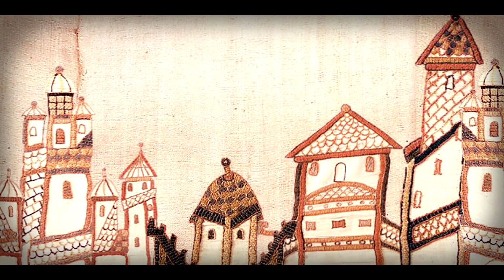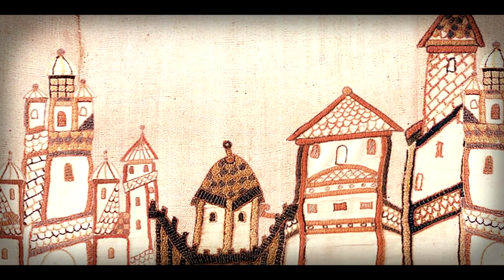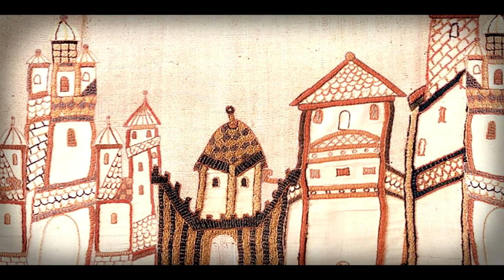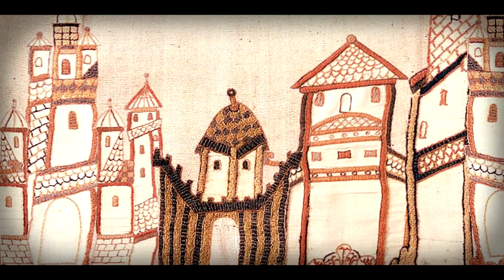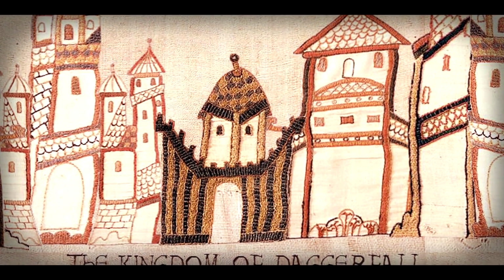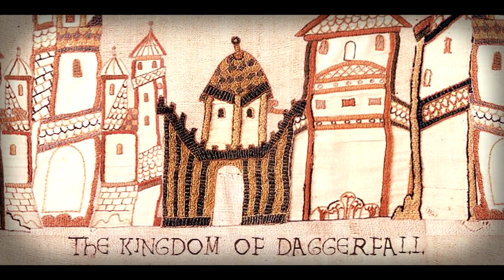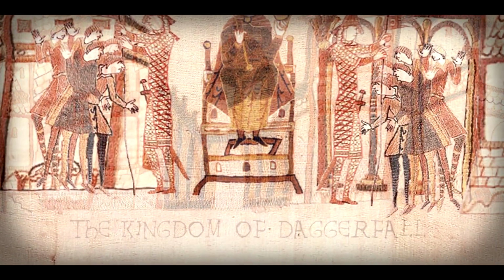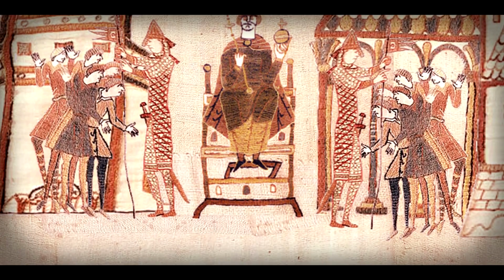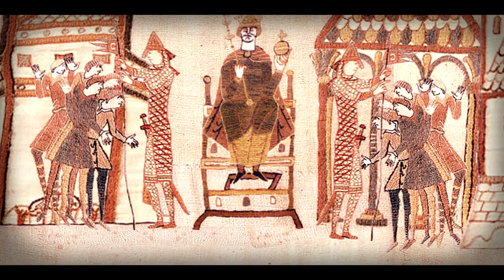Our story begins long ago in the land of High Rock, home of the Bretons. High Rock is a land ruled still today by the Empire, but is broken into a number of petty kingdoms. This tale starts in one such place, the kingdom of Daggerfall. At this time, Daggerfall was ruled by King Gothrid, still new to the throne and haunted both figuratively and literally